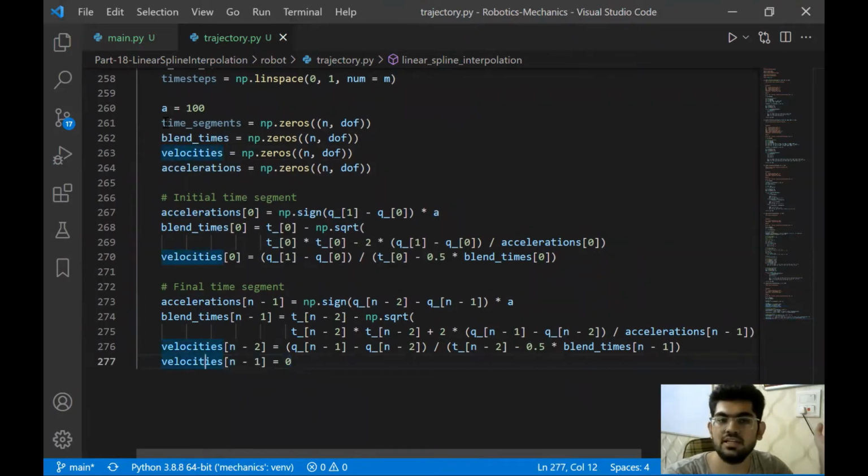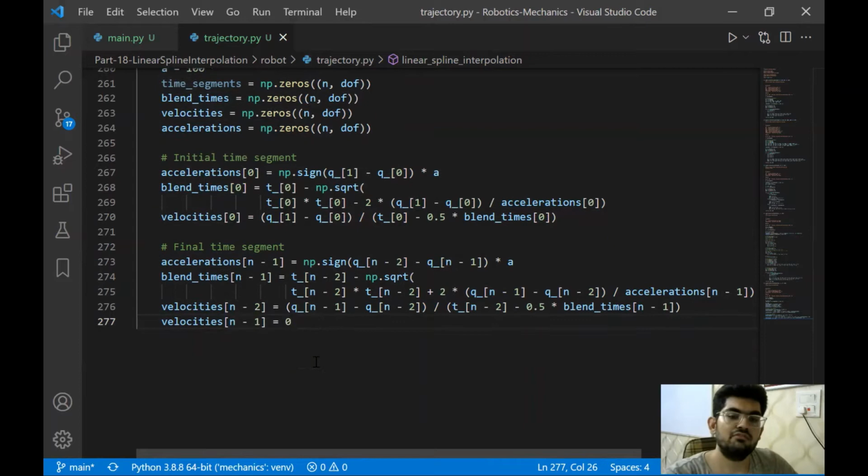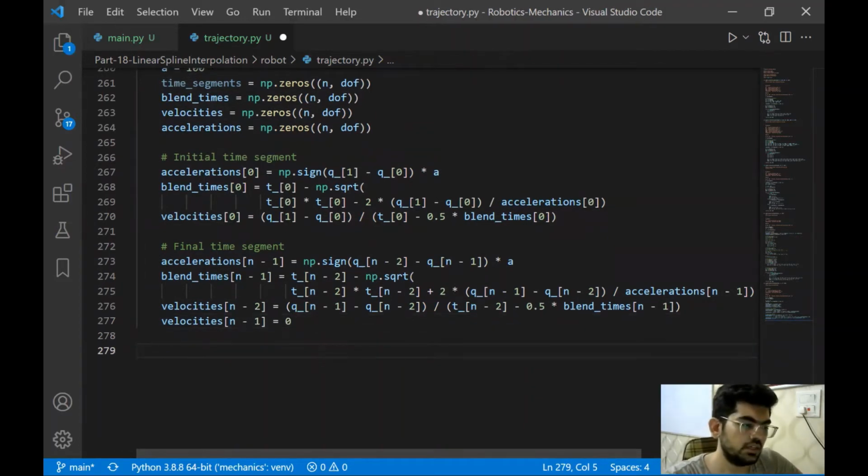We are going to do a similar thing for the time segments. But for velocities, we are also doing it the same way. This is just to introduce some generality of size. So we have even size everywhere and to reduce some errors when we are looping through different loops. So that's why we are doing it. Right, now this is done. Now we are going to calculate the intermediate time segment. So we are going to use a loop for that. So let's do this.